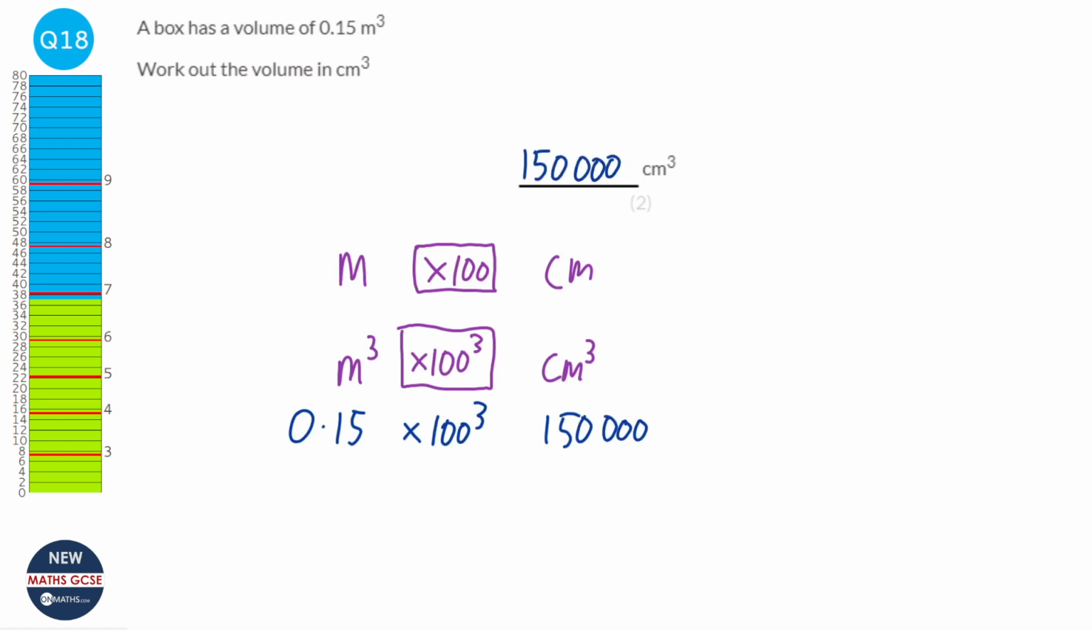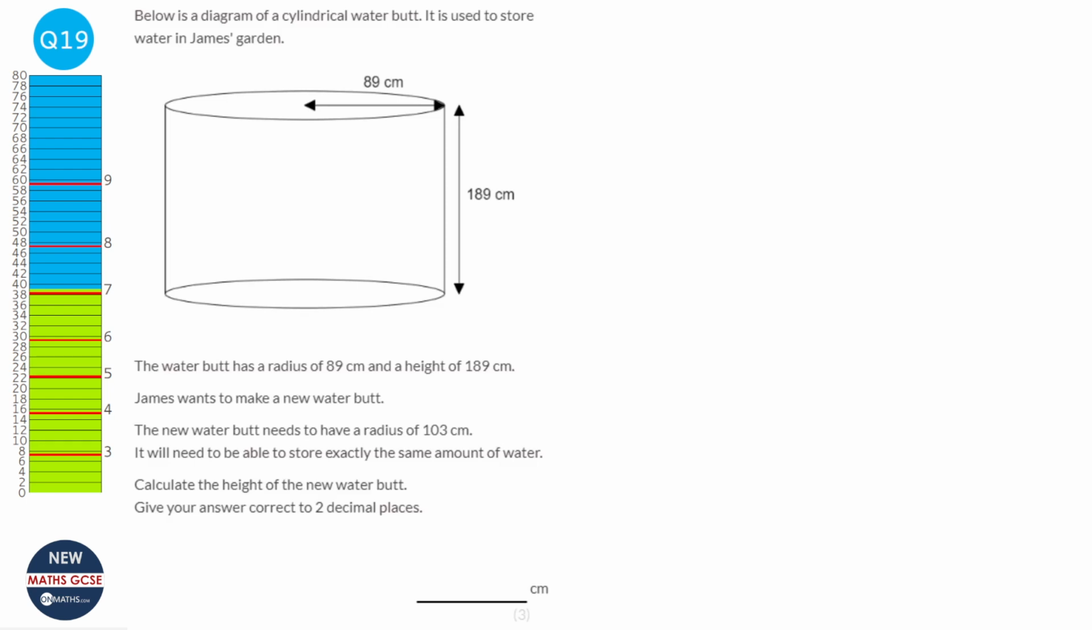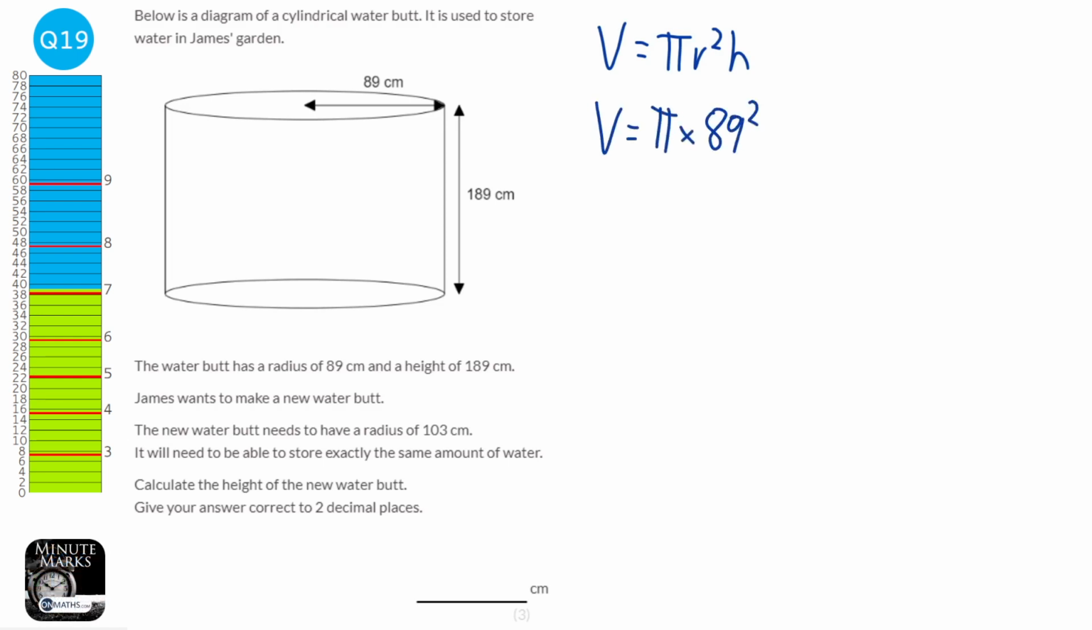So first thing to realize is that the formula for a volume of a cylinder is pi r squared h. So what we need to do first of all is work out the volume of the water butt that James currently has. So we're going to do the volume equals pi times the radius, which is 89 squared, times the height, which is 189. And when we do that, we get